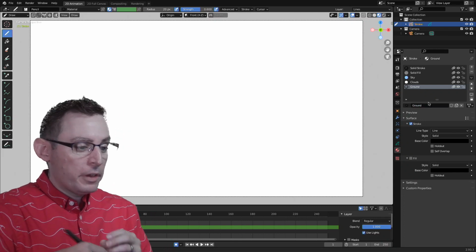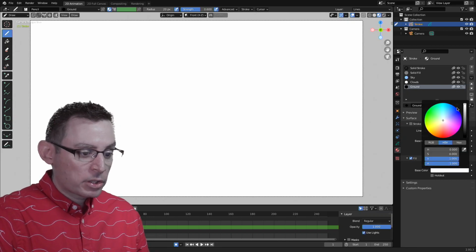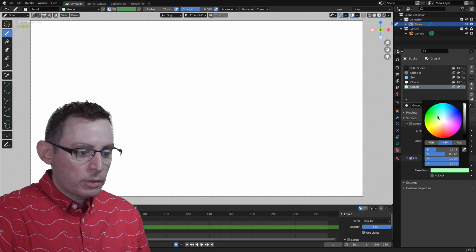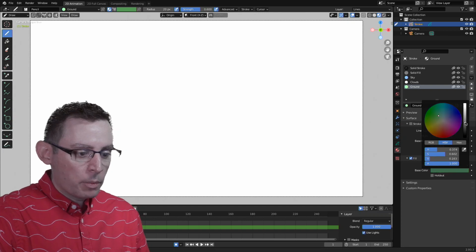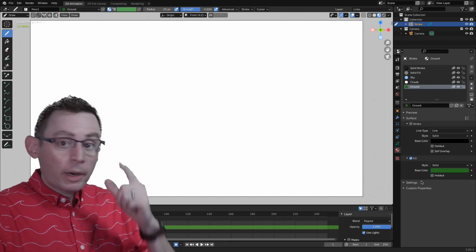And then lastly, let's create a third material for the ground. The ground, I think, eventually is going to be a gradient. We don't want the stroke. We want it to be the fill, and we're just going to leave it as solid just for the time being. Once everything is drawn and applied, then we'll go in and we'll start customizing this to make it look how we want. There we go. A nice, just kind of middle green here. All right, let's start drawing.